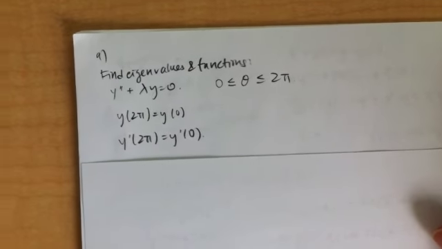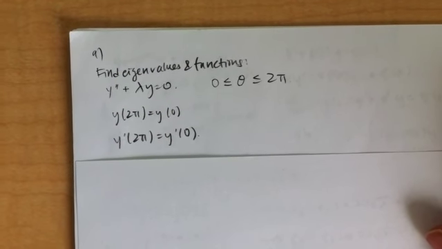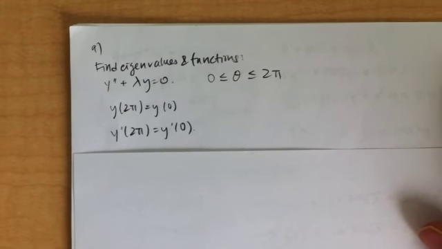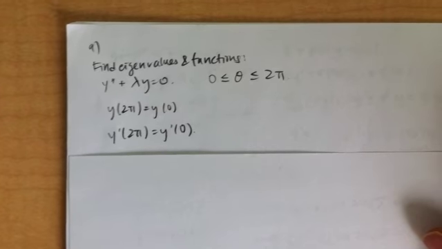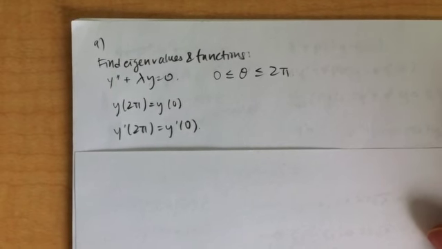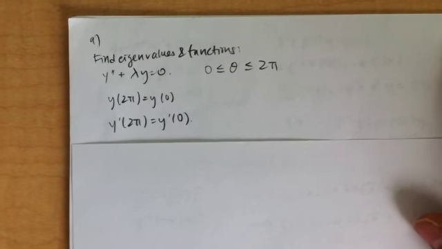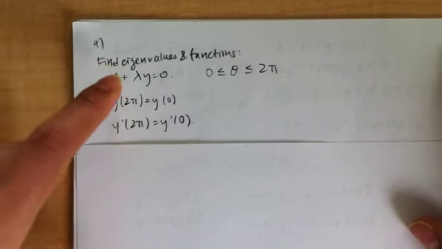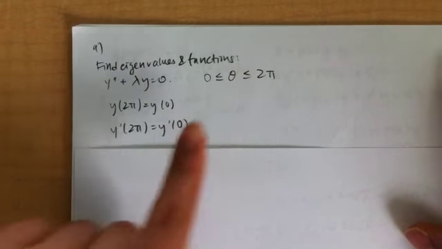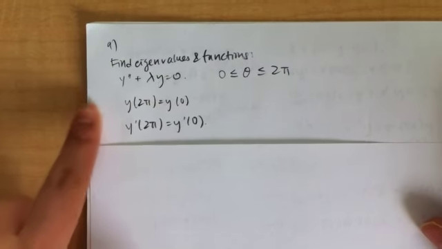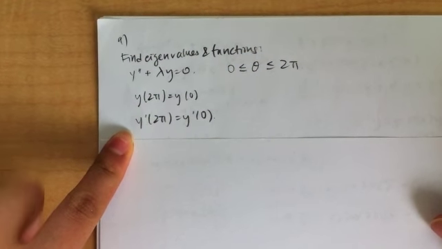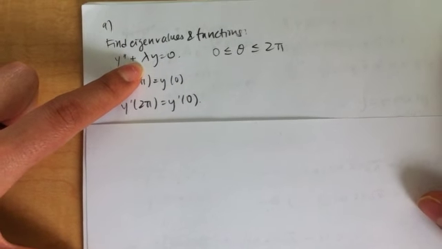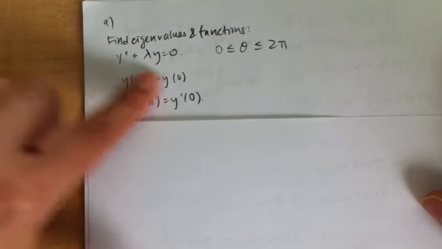Hey guys, so today I'll be talking about how to find eigenvalues and eigenfunctions of second order differential equations, and as an extra part, I'll also be proving that the solutions to the functions are orthogonal. So first we have a second order differential equation y'' + λy = 0, and then we have these bounds within our theta, and we also have the boundary conditions given here. Essentially, to find eigenvalues means to find lambdas such that this equation holds true,